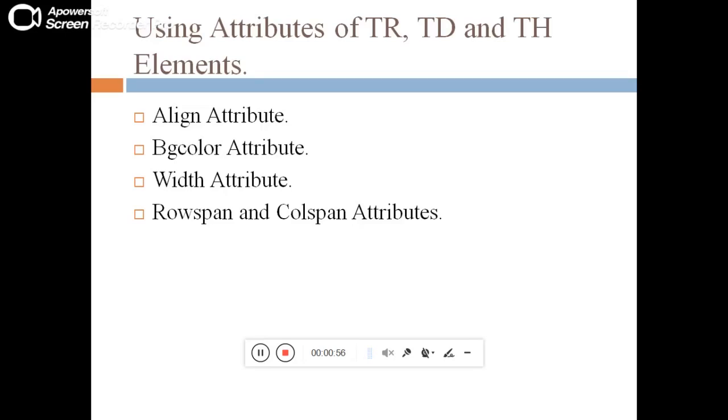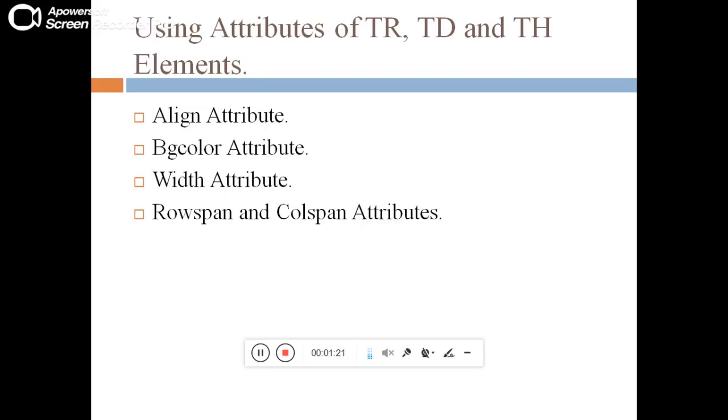The first attribute available in these elements is the align attribute. Align attribute is used for aligning your data in a particular direction, that is left, right or center. Then the next attribute is the bgcolor attribute, which means background color.